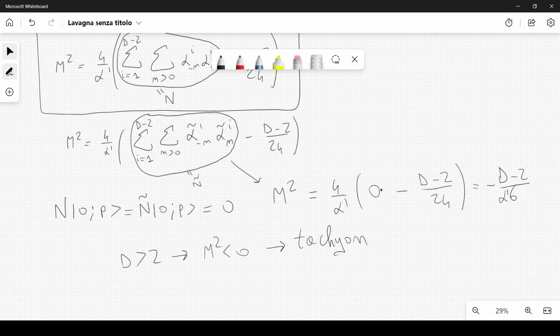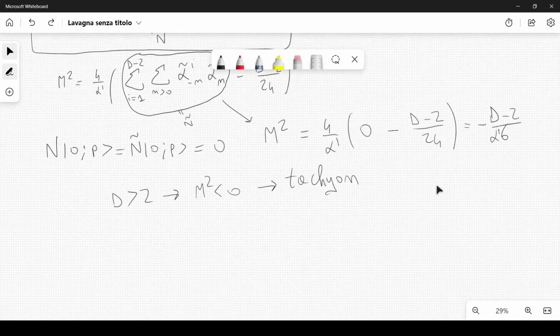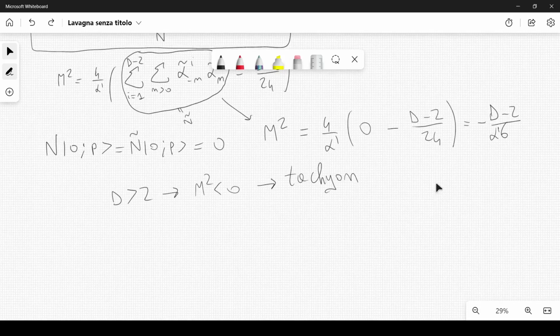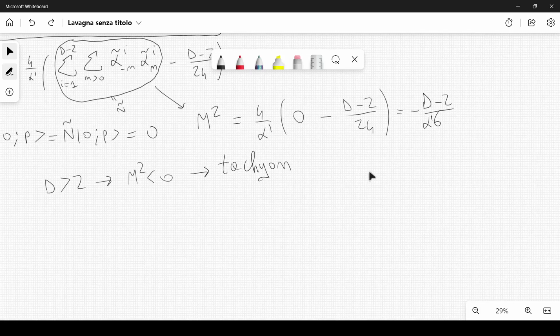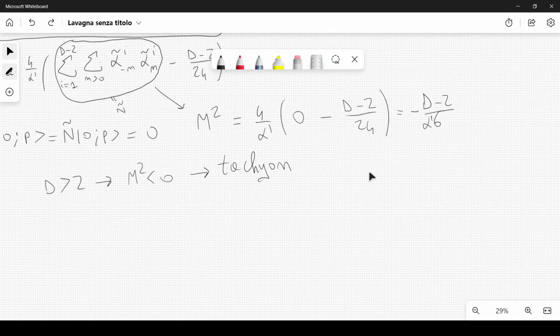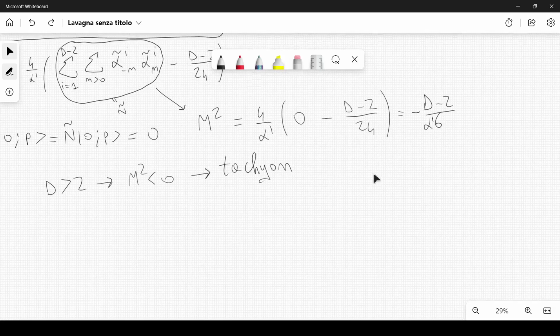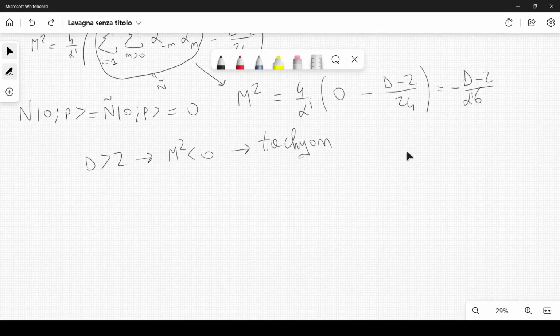What is actually more interesting are the first excited states. So we will not talk any further about the tachyon, but this is something which is predicted by string theory, in particular bosonic string theory. We are considering the bosonic theory because we are considering bosons, and if you remember, we are using commutation relations after all. So our theory can only be bosonic. It is also possible to extend it to fermionic theories, but it is not the point of discussion here in this course. And now, if we consider first excited states,